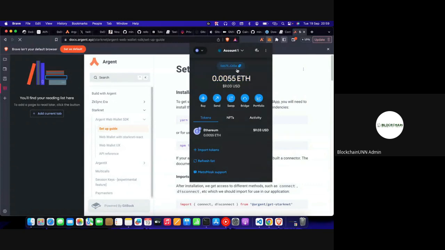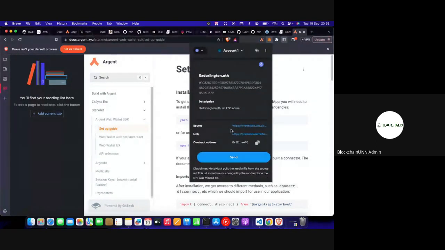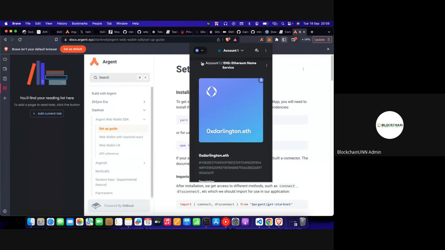All right, so this is my wallet address, and I obviously cannot cram this, but I do have an Ethereum Name Service that's 0x, and anybody can always send me money using just 0x instead. You can see the details of this particular NFT. So basically ENS represents your name, or whatever it is you are used to identify you, that people can use to identify you on the blockchain,